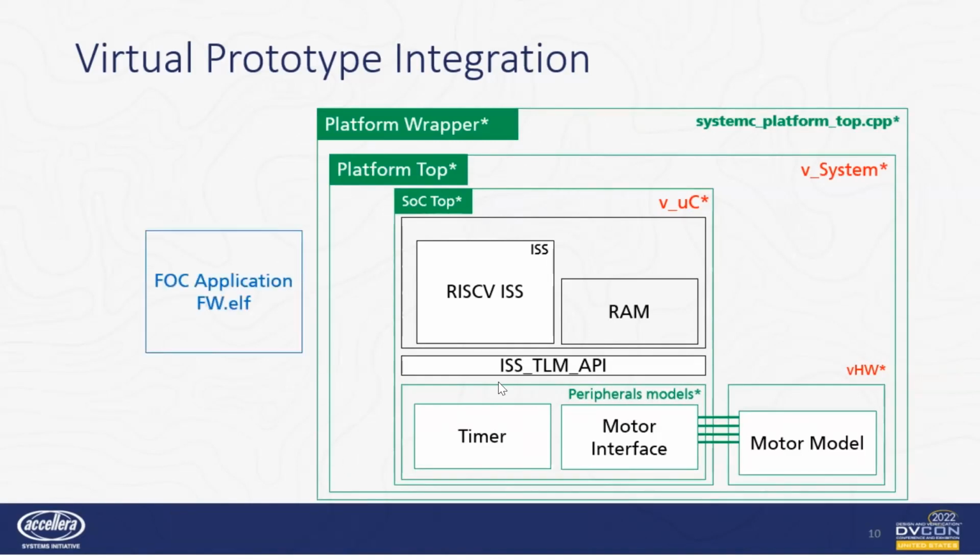The last piece in this formula comes from porting the existing field-oriented control application software to the RISC-V virtual hardware. This demands the adoption of some of the existing drivers for the virtual prototype in functions where a RISC-V instruction subset is implemented by the instruction set simulator. Compiling the firmware is reduced to the point where the RISC-V GNU software toolchain and the compiler options are matched to the target architecture supported by this instruction set simulator.